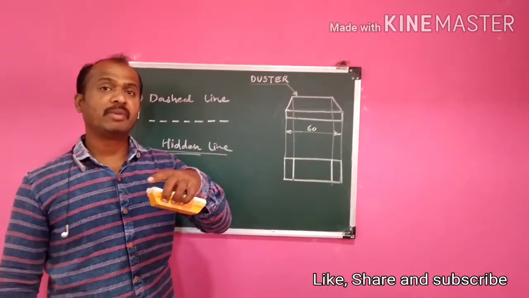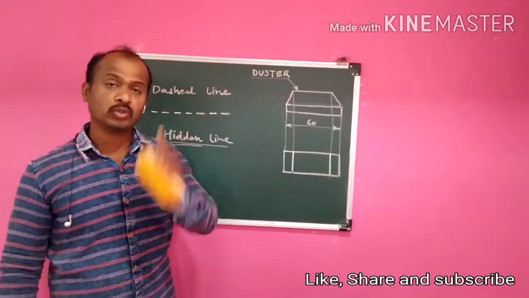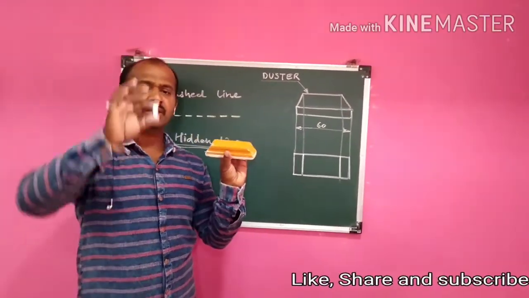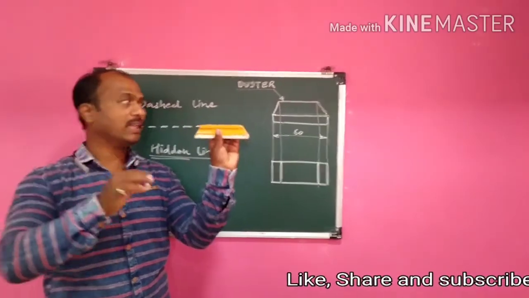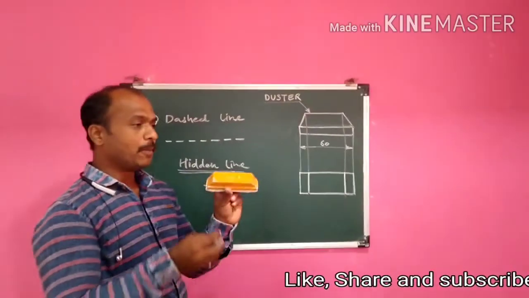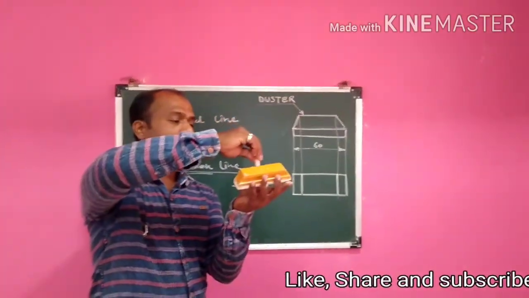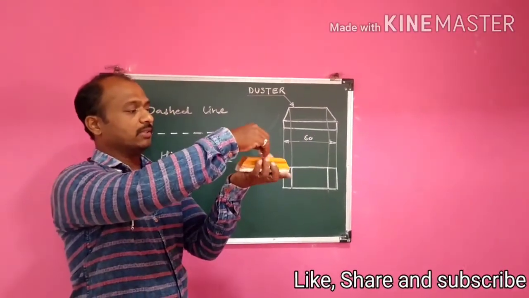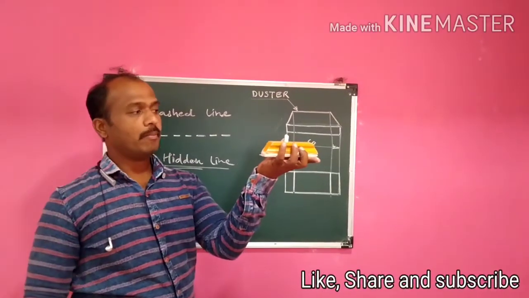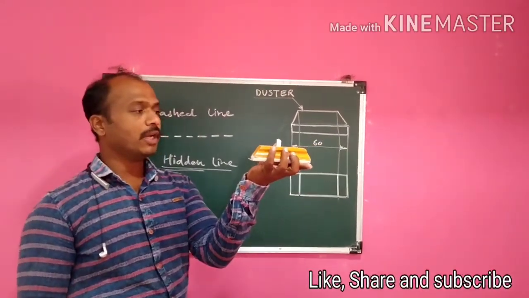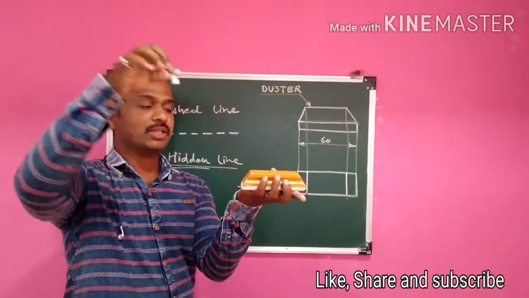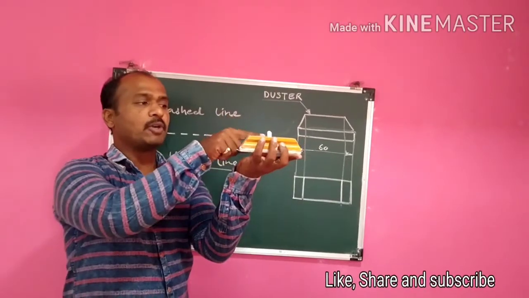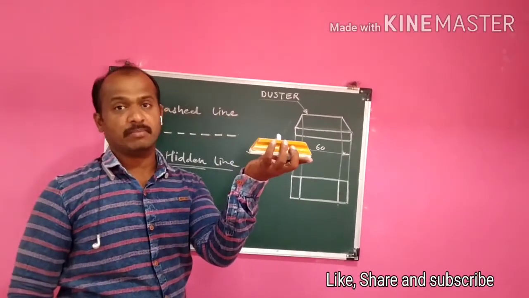Just like, take an example, this is chalk and this is a duster. If suppose I put this chalk behind this duster like this, now if you observe here, the chalk length is this much, but when I keep this chalk behind the duster, some part of the chalk is visible and some part of the chalk is not visible.